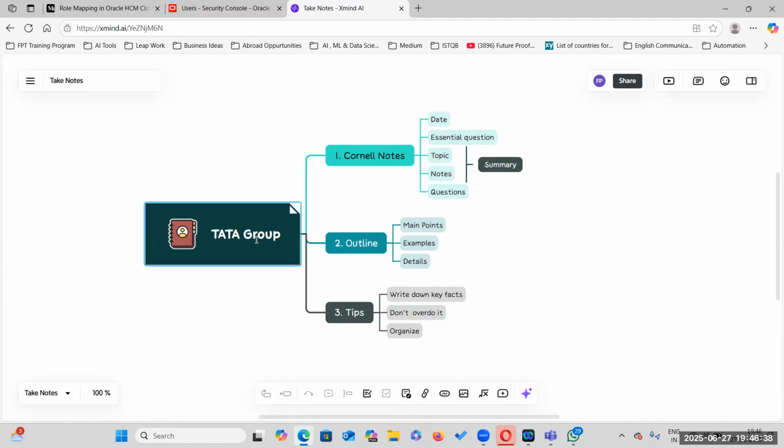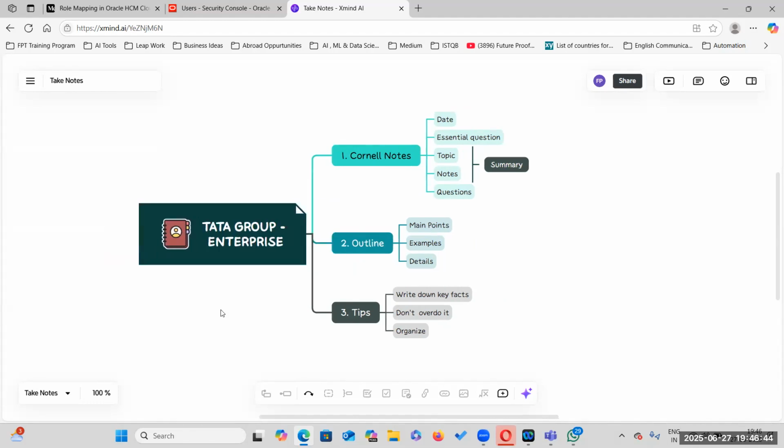Always remember, the enterprise starts from the top. You should never forget that. So from Tata Group, there are divisions: the IT division,